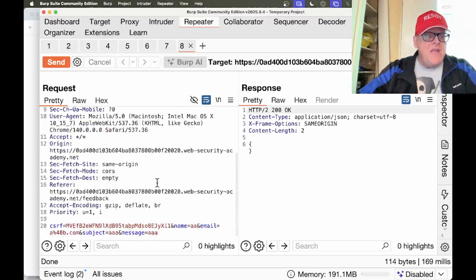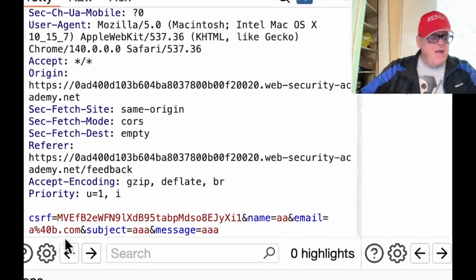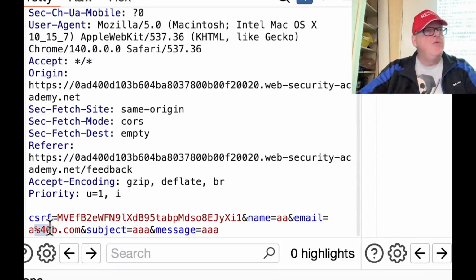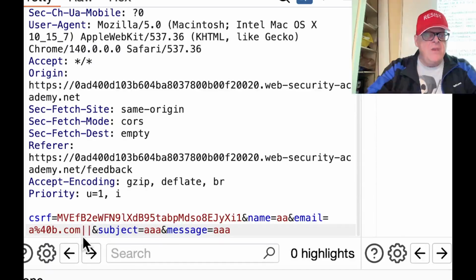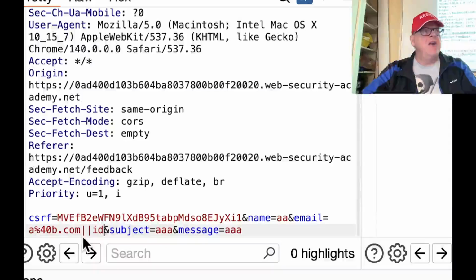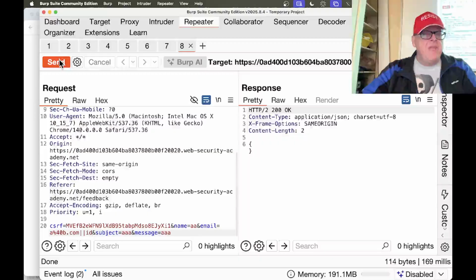All right, and now they said the email had a vulnerability. So down here's the email. Email equals a@b.com. Notice the @ sign turns into a %40. That's URL encoding. 40 is the hexadecimal number for @. And they say I can put in 2 pipes and then execute a command here. So I could put id there to run the id command. And if I do that,